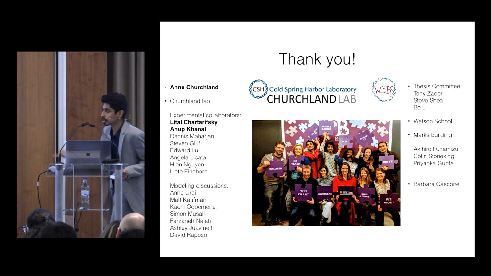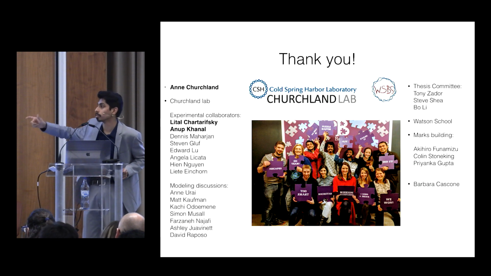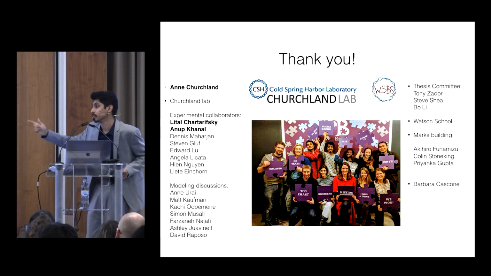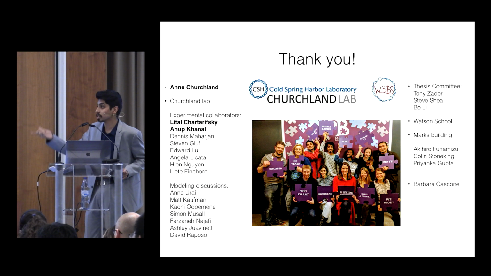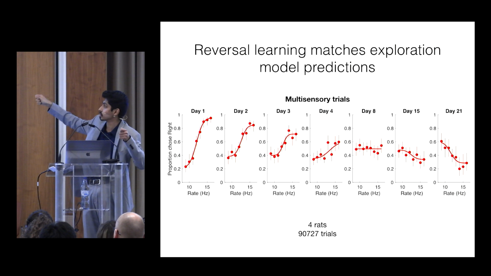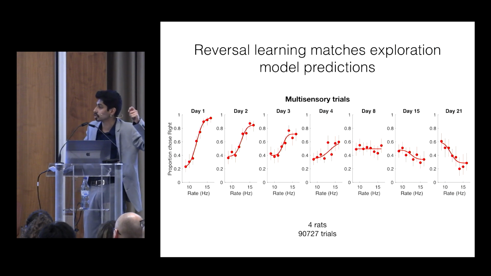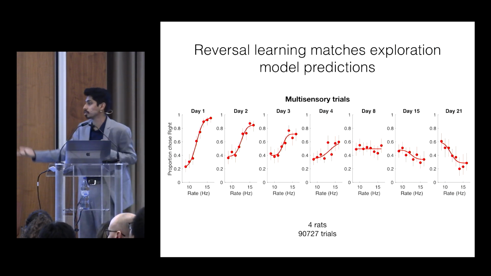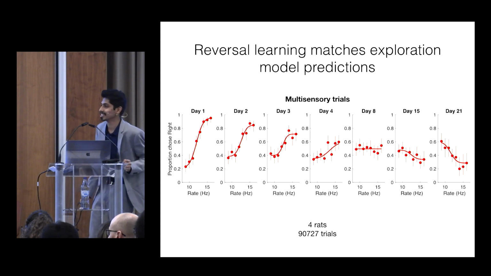We haven't done that, but it would be interesting to see if you make the reward probabilistic, for instance, then does the behavior change in interesting ways. We have done the reversal learning case, and that behavior looks like this, where if you track the behavior over the course of the reversal, you actually see the lapses increasing and then decreasing in the opposite direction. Again, this is consistent with the value, but we haven't explicitly manipulated the uncertainty. Thank you.